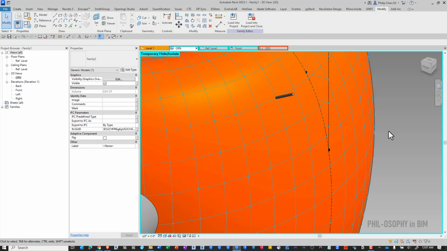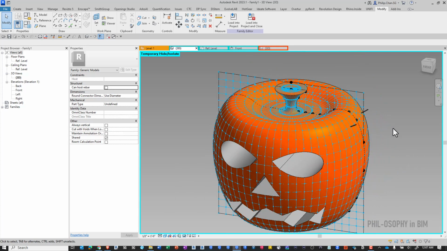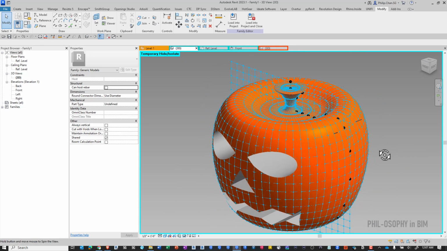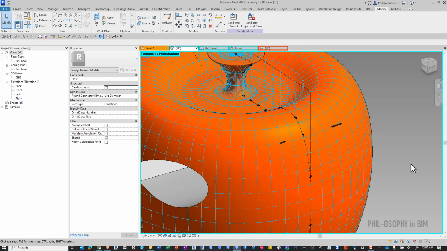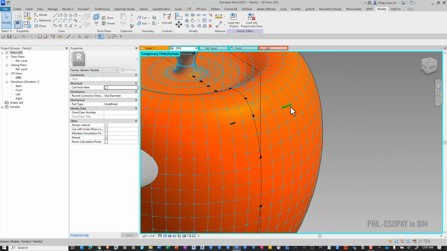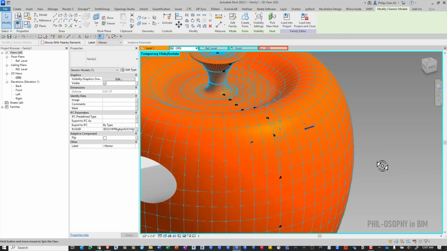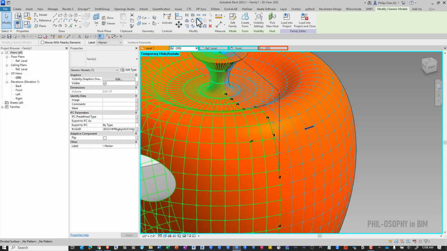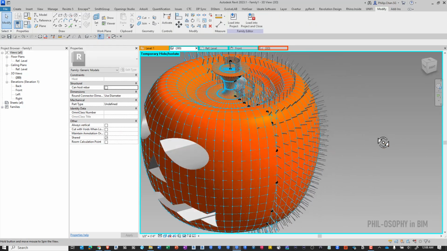Hit modify, so you can see that I have 2 pins right now. I'm a little bit excited because this is going to be the fun one. I have the pin here. I'm going to go ahead and select the pin, because this is going to be an adaptive component. Inside the adaptive component, I can use the repeater to repeat this on the surface of the pumpkin, just like that. Look at that,